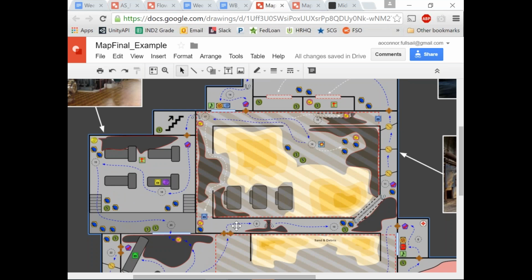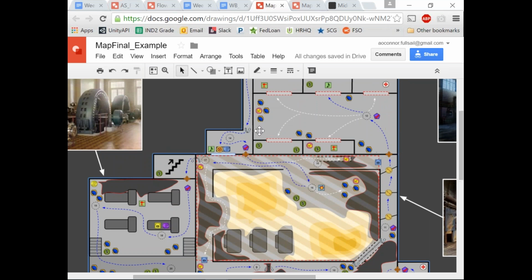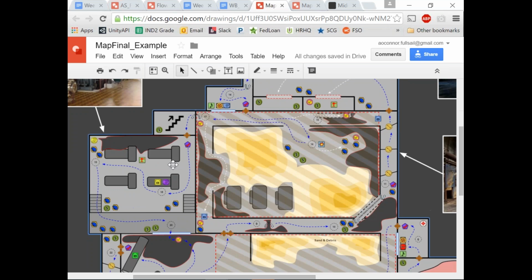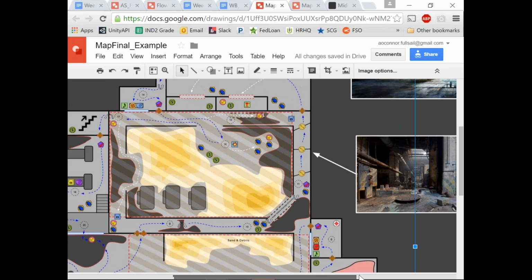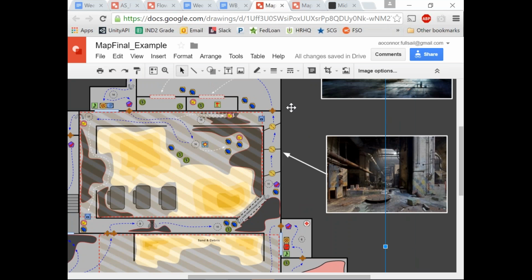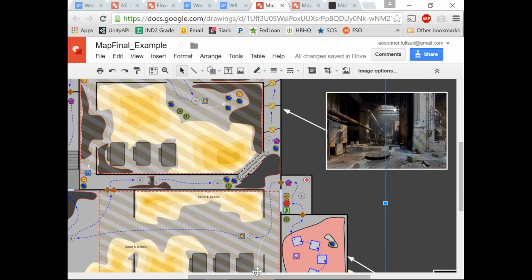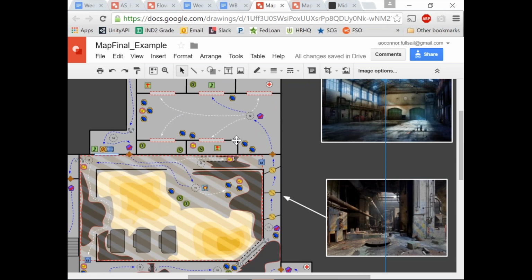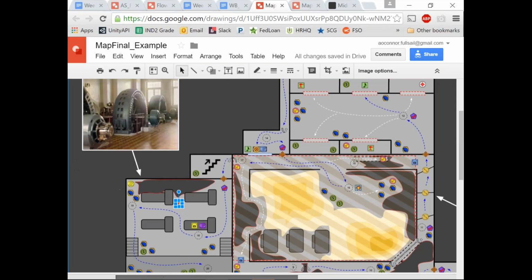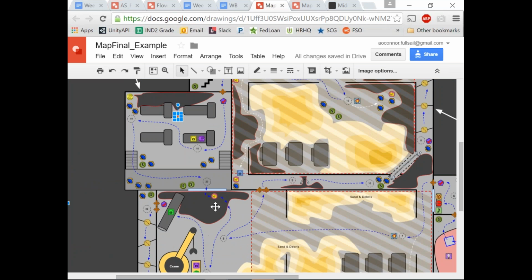So he had the player come over here, do a thing, come around, come in here, and then he had this room right here, this large room, all the way over here where this picture is. So it's the complete opposite side of the map. And he basically wanted you to walk over, hit the button, and then backtrack through the entire level to get back to the crane. And my suggestion, or a few of our suggestions, was why not prevent that from happening